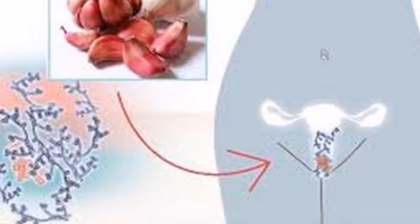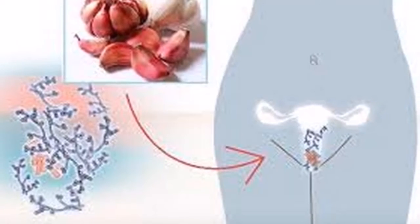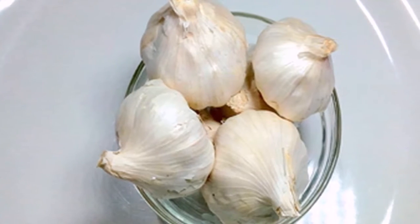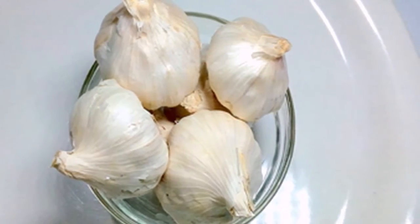Contraindications. If the garlic treatment does not seem to be working after 1 to 3 days, consult with a health professional. You can prescribe remedies that bring relief quicker. Be sure to tell your doctor that you have used the garlic remedy or any other